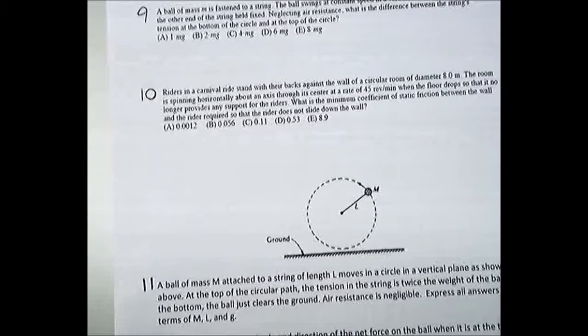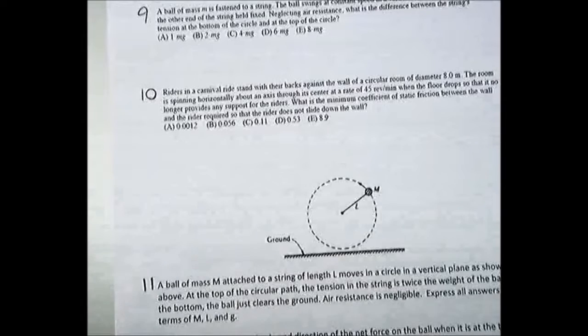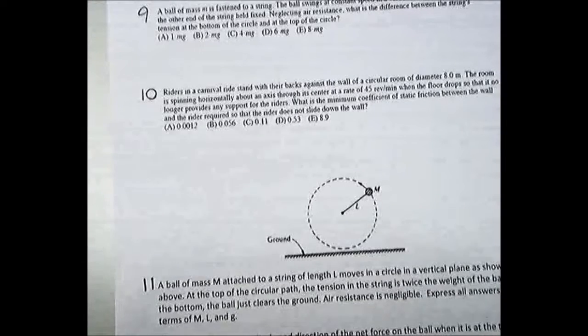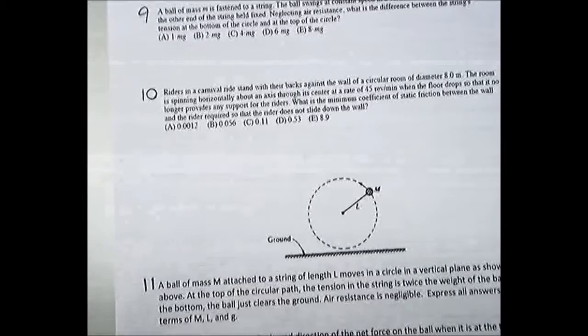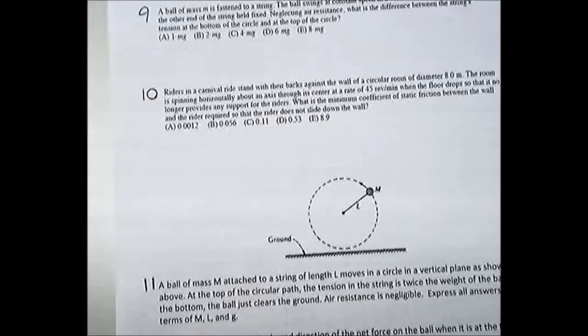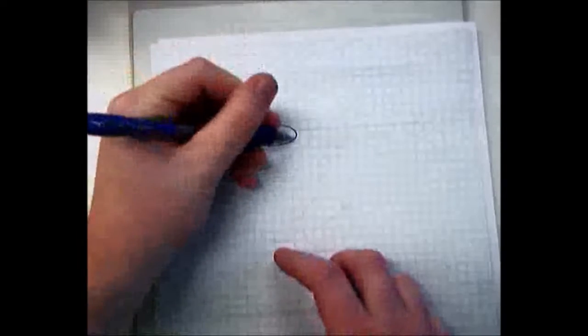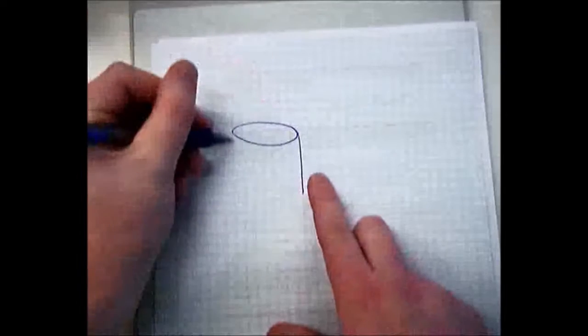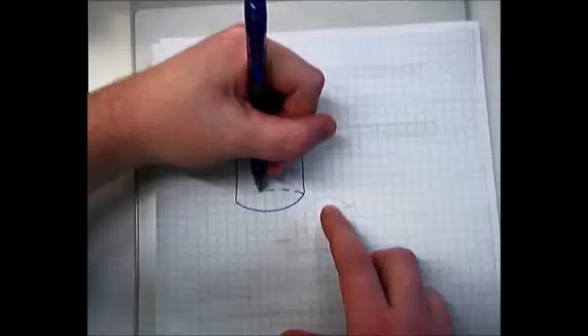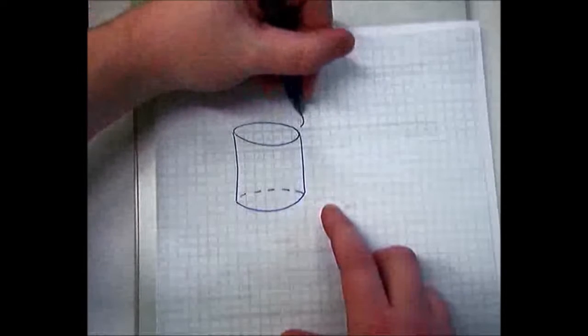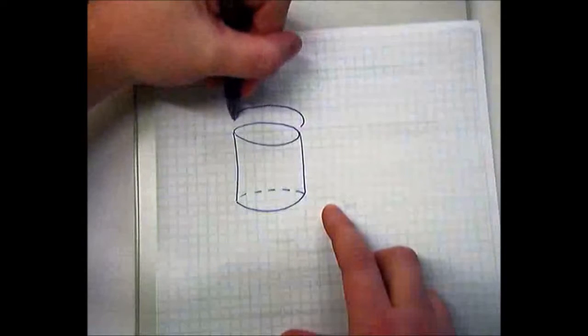Alright, so we've got to figure out what coefficient of static friction is needed in order to keep the rider attached to the wall of this spinning amusement park ride. Based off of the description, I'm going to draw a little picture just to make it easier to understand. So this ride is a big rotating cylinder, and it spins around,